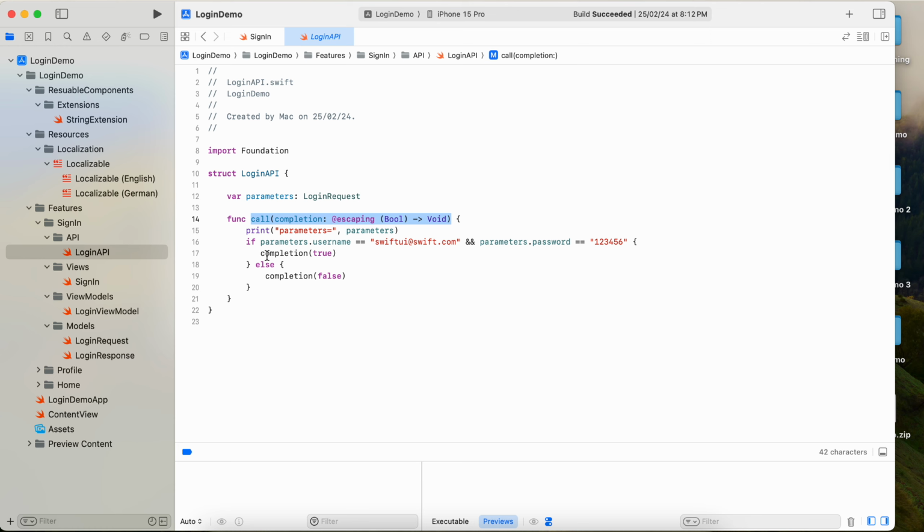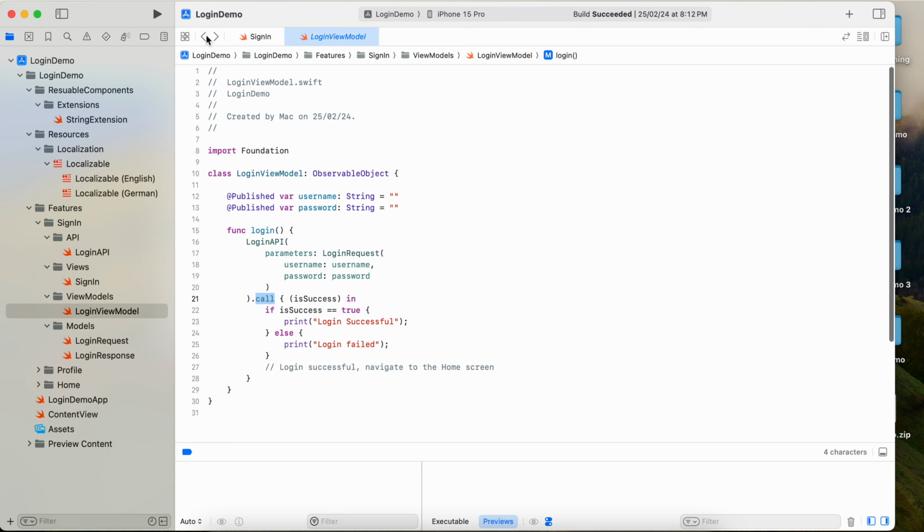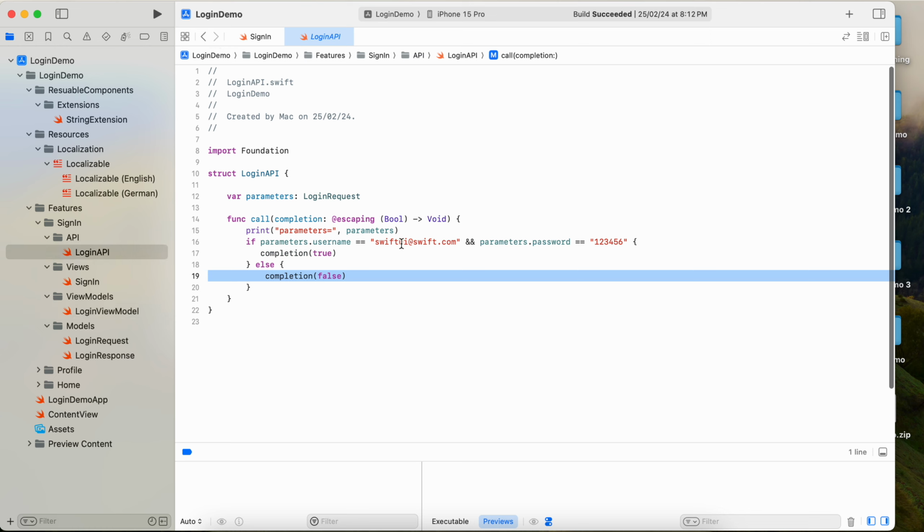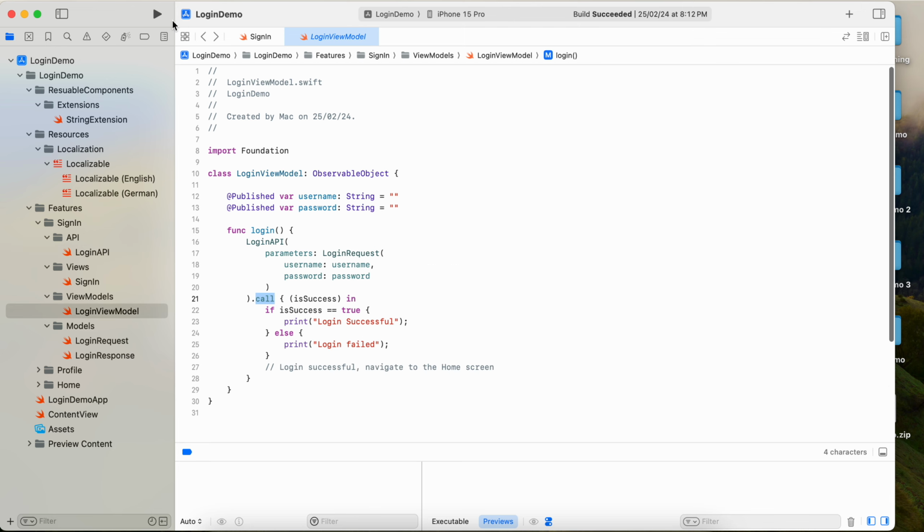If we add this, I am sending completion true, like this is a valid login, else I am sending false. So when we have the username and password which are defined in the login API like this, we will get success, otherwise we will get fail. Similarly, we can try this on the simulator. So let me run my simulator and let me just enter the